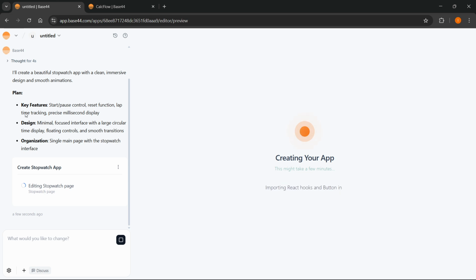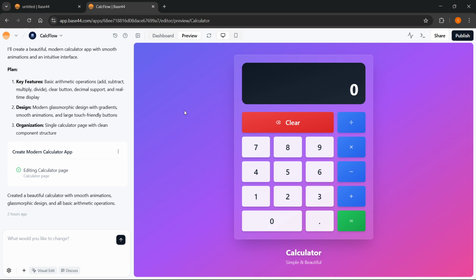So here it's already building the stopwatch, as you can see, and of course in a few minutes that's going to be ready as well. Now that's pretty much how you build an app with